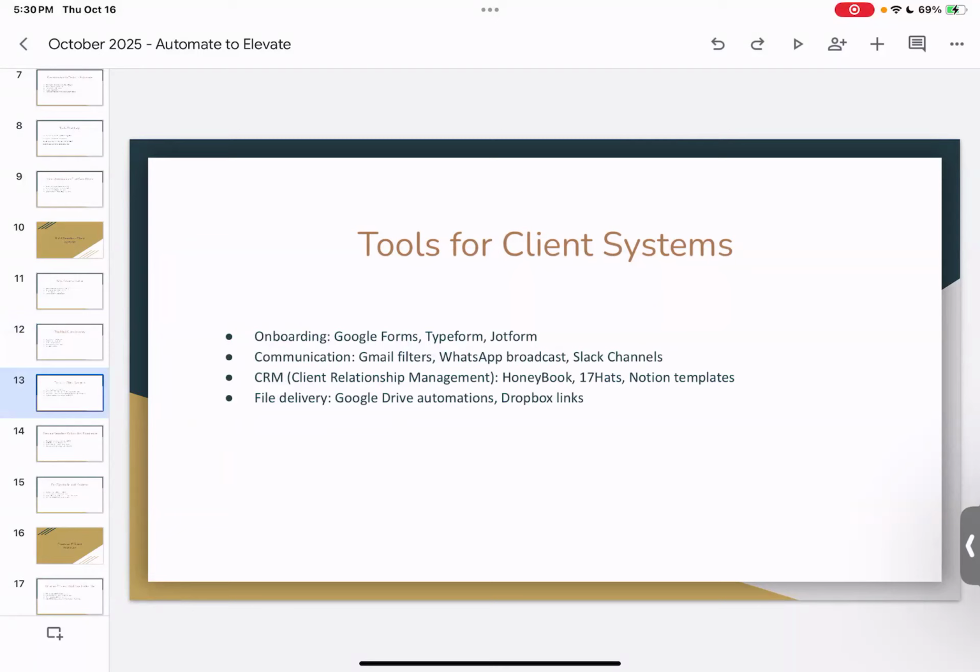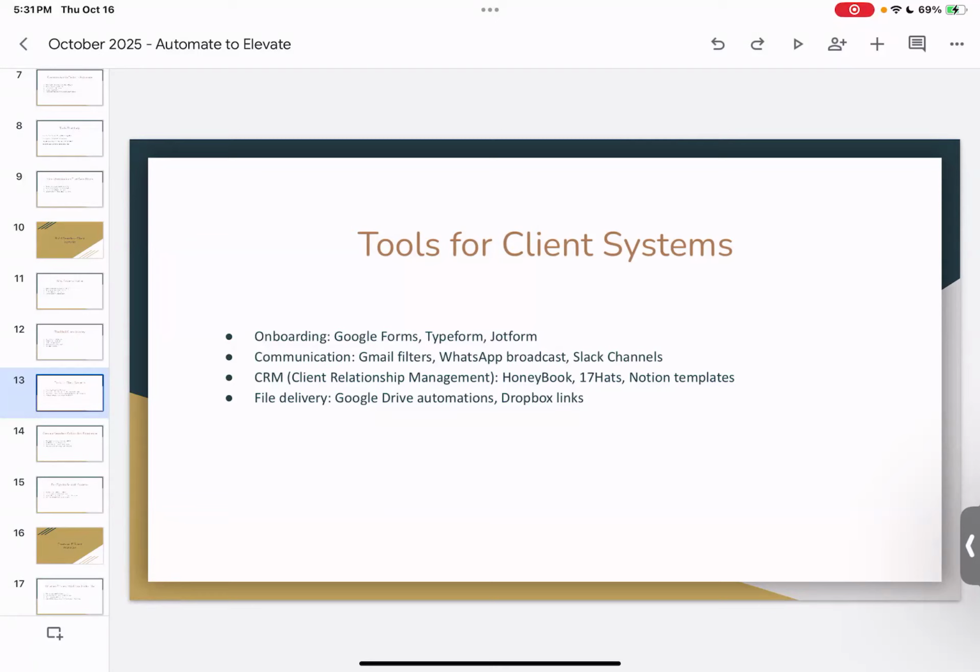There are tools out there that are very helpful. For onboarding, you can use Google Forms, such as how you learned about the Opus Freelance Music Coaching webinar today, whereby you also have the ability to say, hey, looking forward to seeing you at the webinar. Here's my Zoom link. Upon signing up, there's an automatic response that goes straight to your email, and then you find yourself here at 5 o'clock ready for the webinar. Typeform is another one, as well as Jotform.